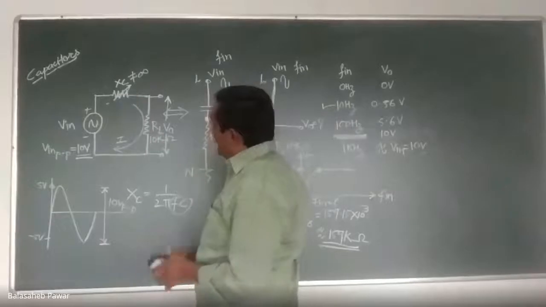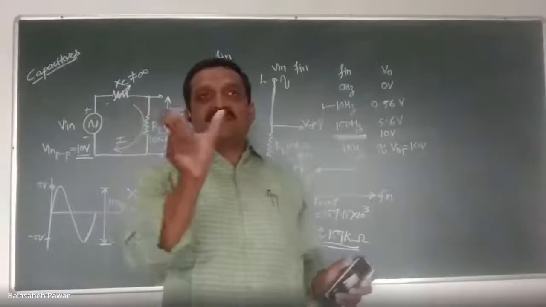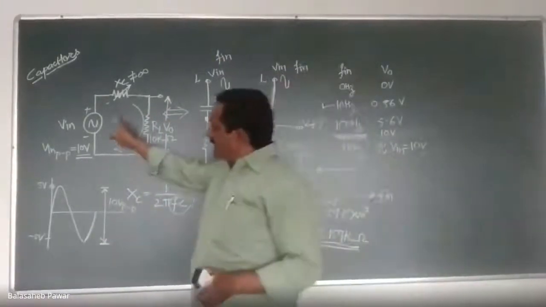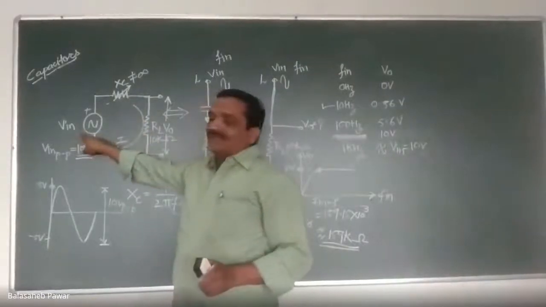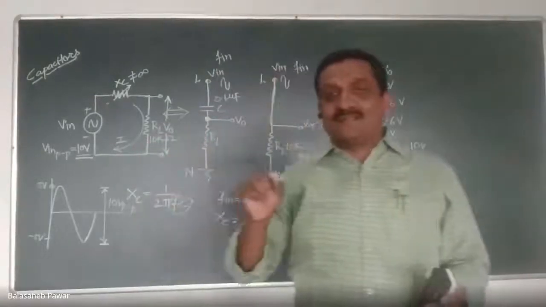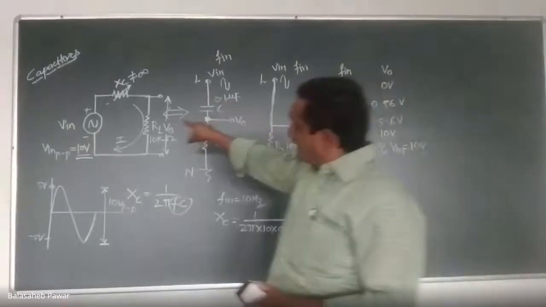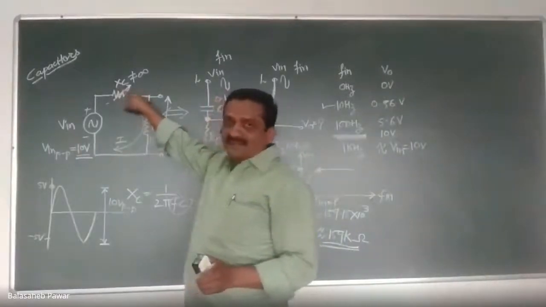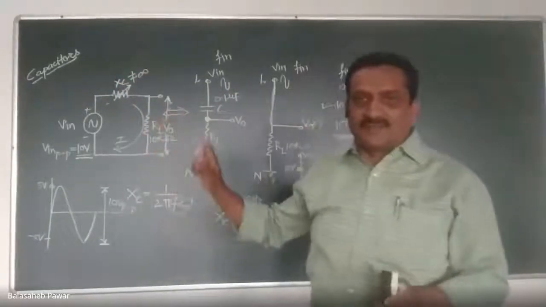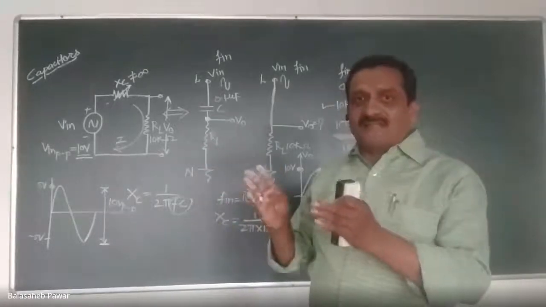So you might have understood why we wrote that sentence, capacitor blocks the DC and passes AC. If it is connected in series, blocks DC means what? Whenever we consider the input signal frequency as a 0 Hz signal, it is a DC signal. So for a DC signal, the capacitor acts as an open circuit, and the reactance of the capacitor becomes infinite. That means we are not getting any output. So we can say the DC signal gets blocked by the capacitor.